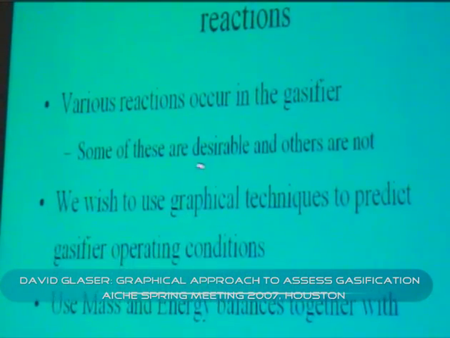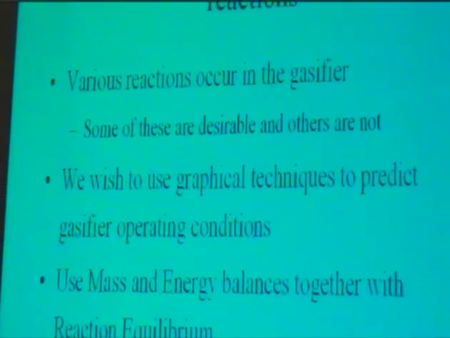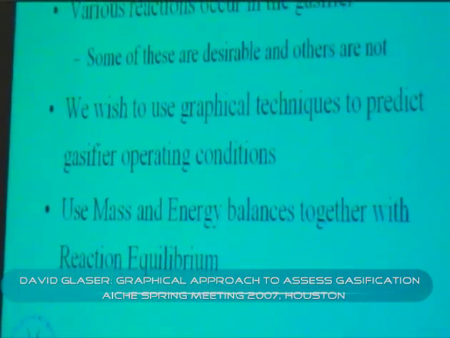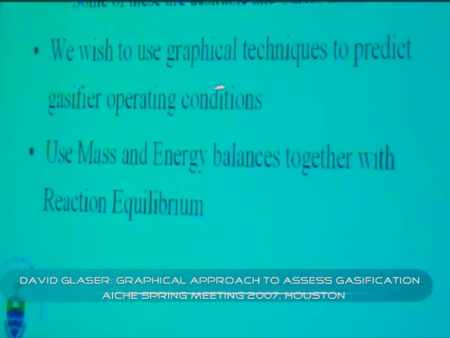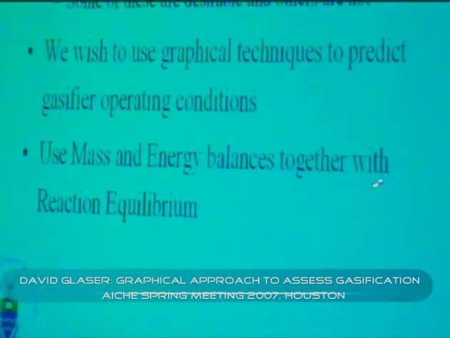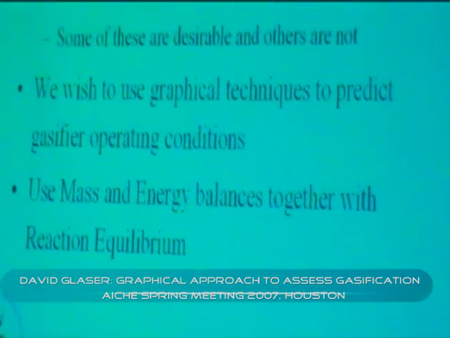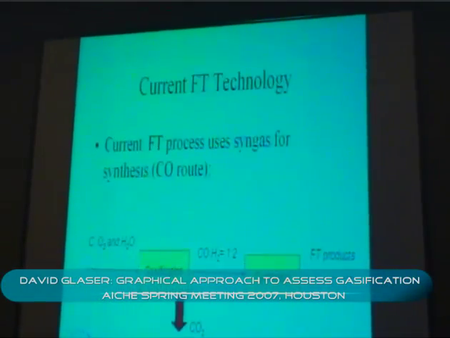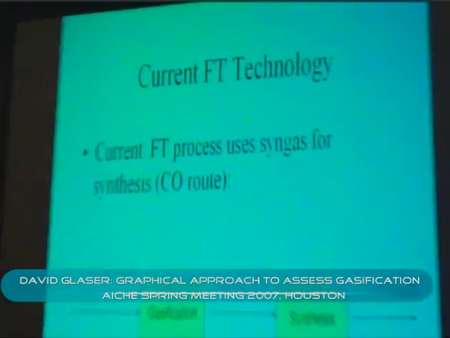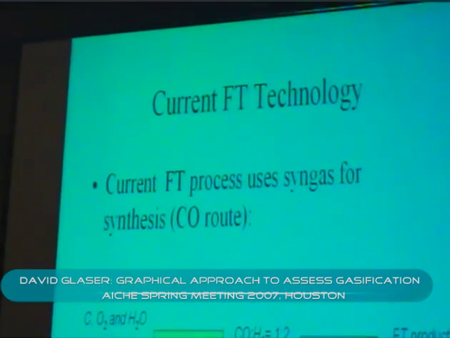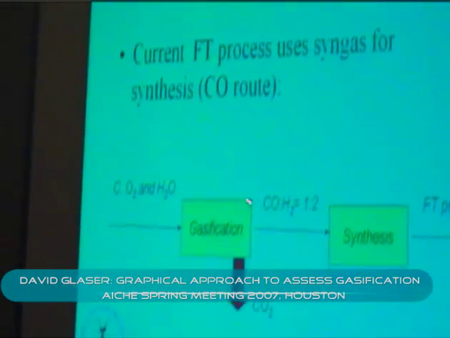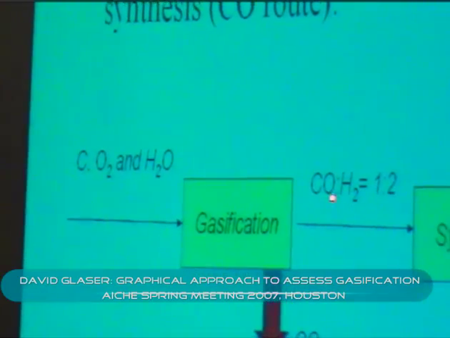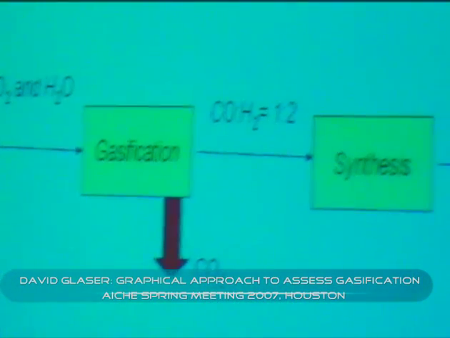Various reactions occur, some are desirable or not, but we like graphical techniques, and we like to understand things in terms of graphs. So I'm going to just give you a very simple talk using mass energy balances together with reaction equilibrium. So the current process for syngas uses carbon monoxide and hydrogen in a 1:2 ratio, and